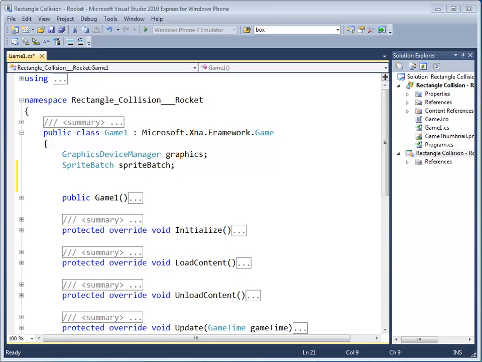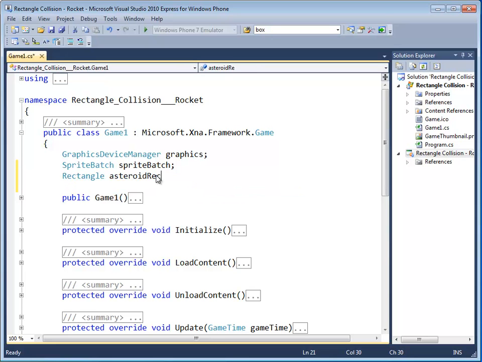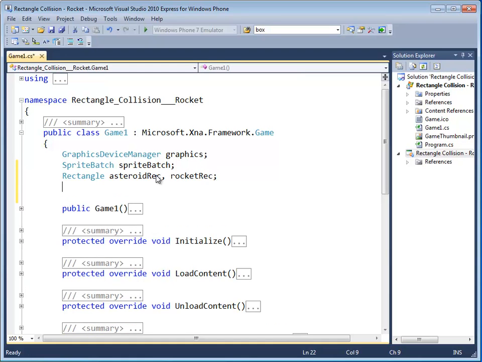First, we'll need our variables. Let's start out with two rectangles, one for the asteroid and one for the rocket. Then we'll need two texture 2D variables,